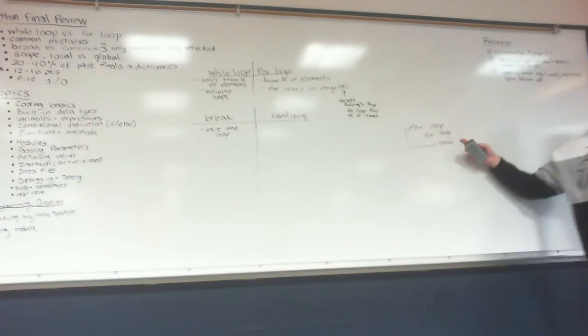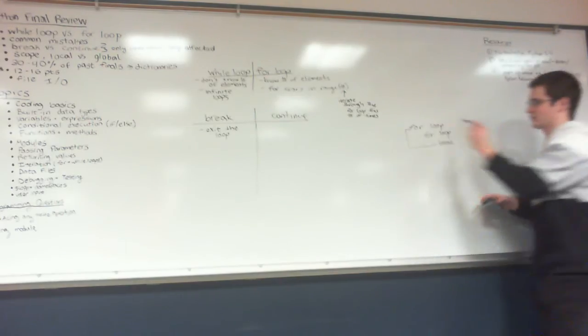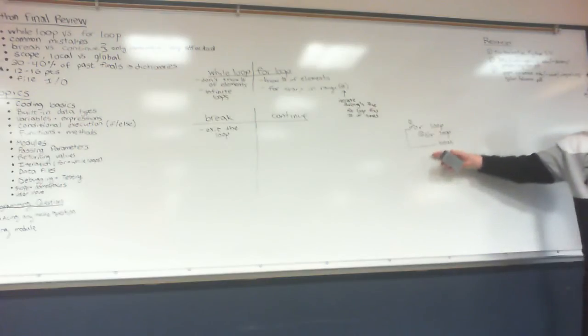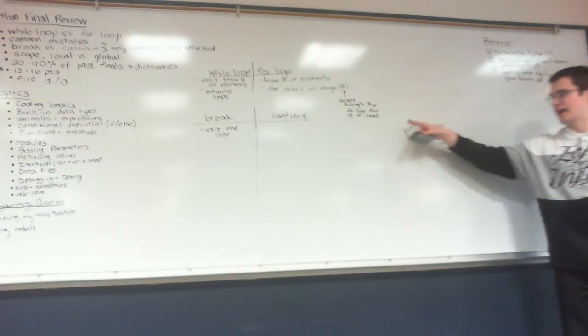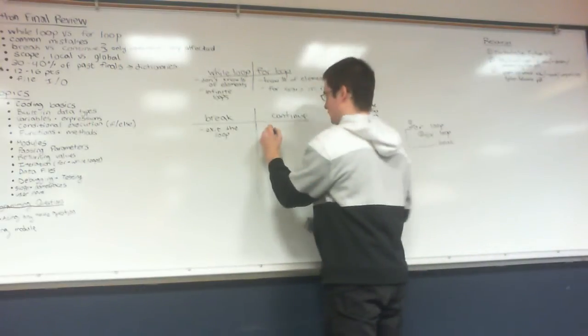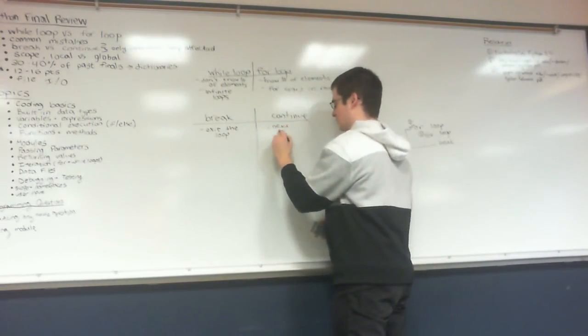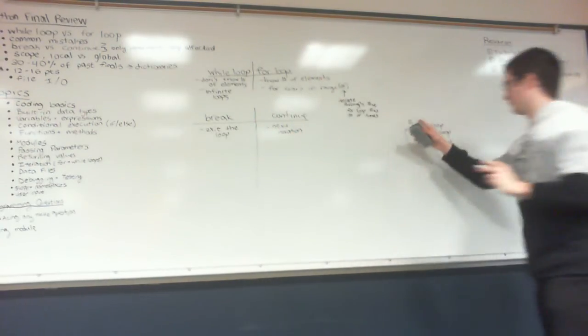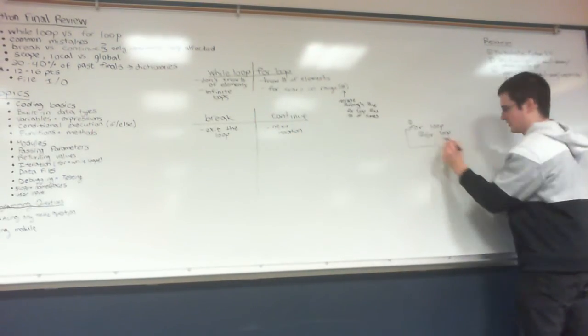You break out of this for loop, right? So the execution, if we call this for loop 1, and this for loop 2, you're breaking out of the execution of for loop 2, and you're returning to for loop 1. But now, continue is the next iteration. That's how you jump to the next iteration. So you have, again, for loop 1, for loop 2, this becomes a continue,